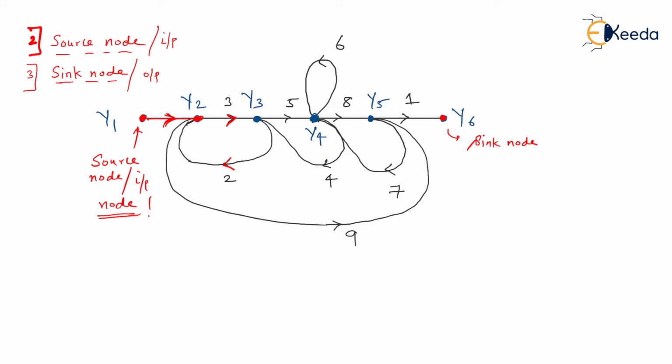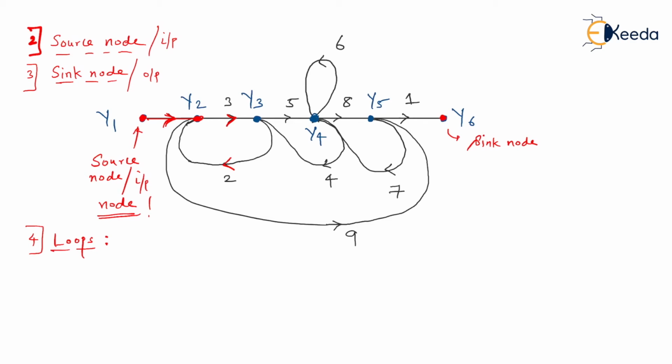Let us understand a fourth terminology, that is nothing but loops. So what is meant by a loop? It is nothing but a closed path where the starting point and terminating point are the same, right? In whichever subject you go, suppose we are talking about electrical circuits, what we consider as a loop is that whenever we start from one point and go through the circuit, if we get back to the same point again, that is considered a loop.